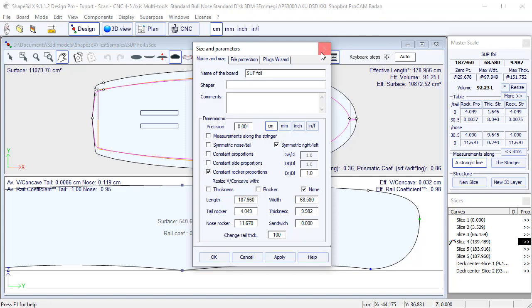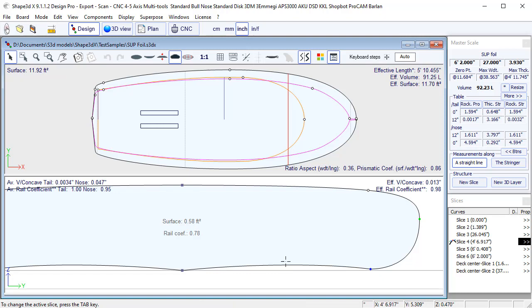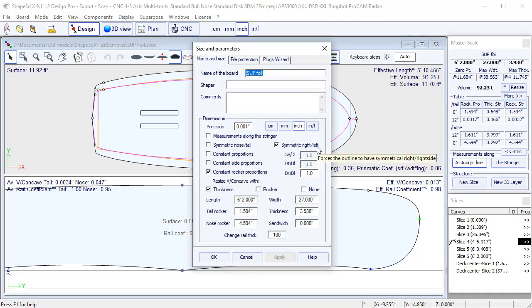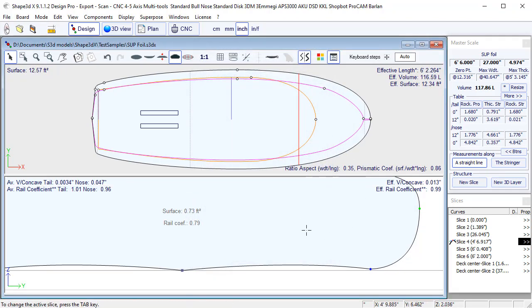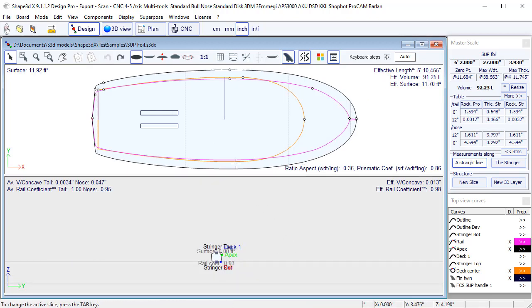So let me show you. For example, if you look here on this slice, the depth, let's go in inch. The depth of this double concave is 0.279. And if I resize it using none, and I change, for example, the length and the thickness of the board, you see the board is thicker, but the depth of this double concave is still the same. Okay, now if I undo,